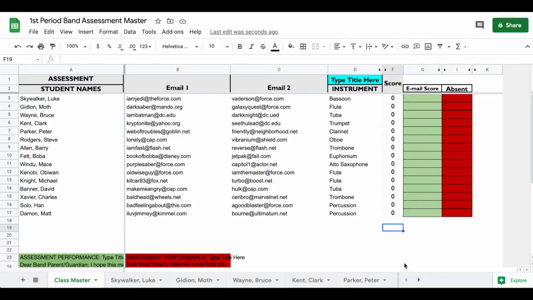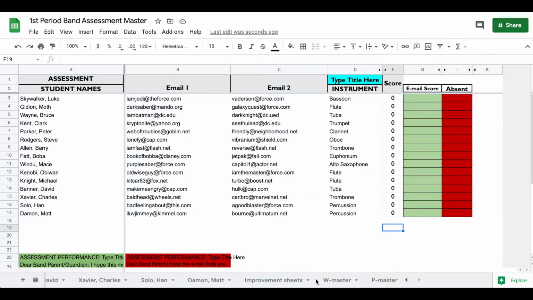Alright, if you're watching this video, it's because you might be in a situation where you need to add sheets and tabs to the assessment master. You can always combine one of your copies of the master sheet if you don't wish to do this, but if you would prefer to keep everything on one sheet and you need to add, the first thing is,